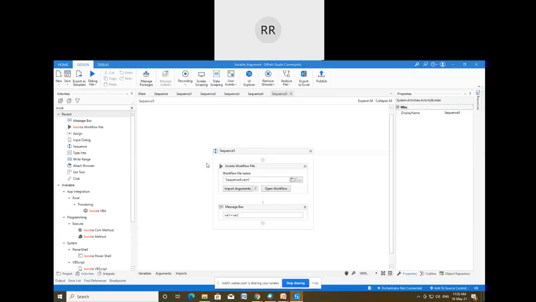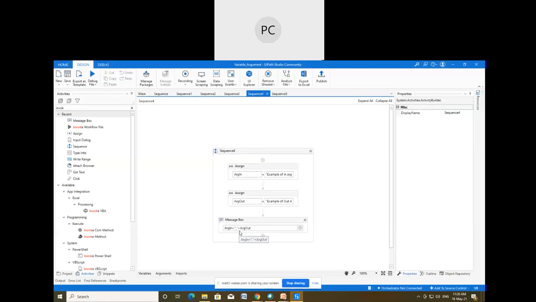Yes, sir, I got it. One more question I have, sir. In the message box of sequence 5, you are using variable 1 plus variable 2. In sequence 4, if you check, you are using variable 1, comma, variable 2. Yes, so that is just to provide the comma between these two different messages. It is nothing but concatenation, simply concatenation.